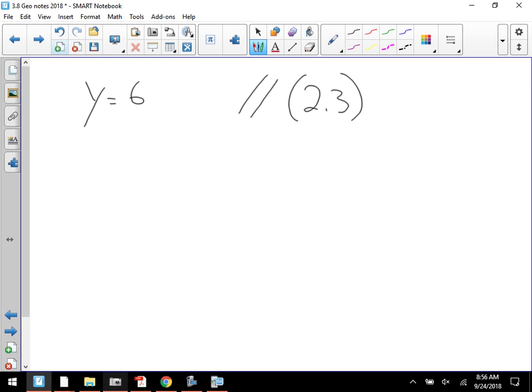Y equals 6. What kind of line is it? It's horizontal, okay? It's a horizontal line. What kind of lines are parallel to horizontal lines? Horizontal lines. The equation of every single horizontal line is y equals a number, correct? Okay. In the ordered pair, what does y equal? 3. Your answer is